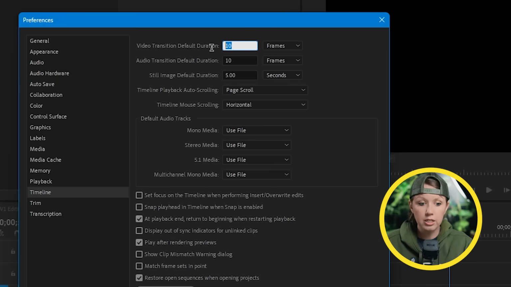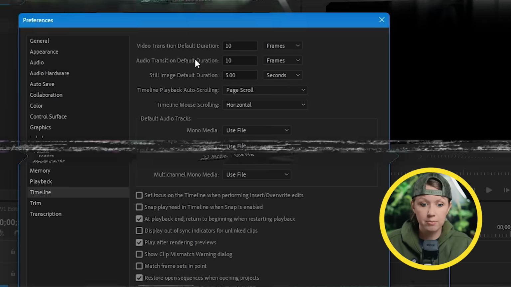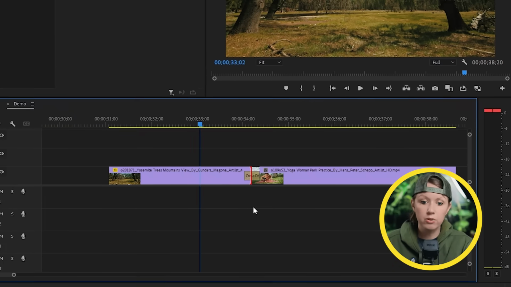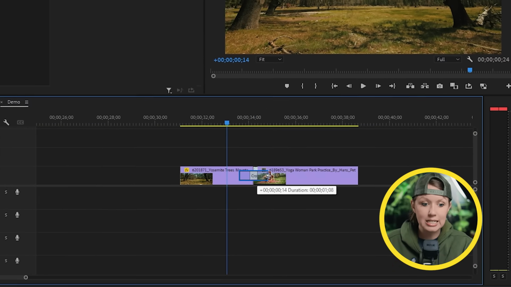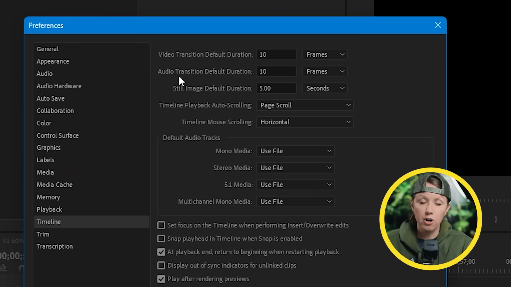For video transition, I like it around 10 frames. It's not too long, but long enough so that it's easy for me to extend in the timeline if I need to. For audio transition, I like to make this 2 frames, and this will make sense in the next tip. And for still images, I like to change this to 1 second,